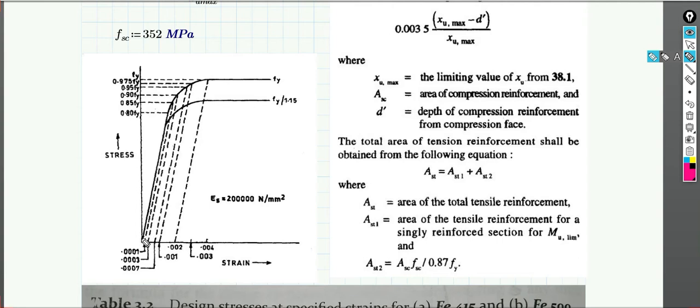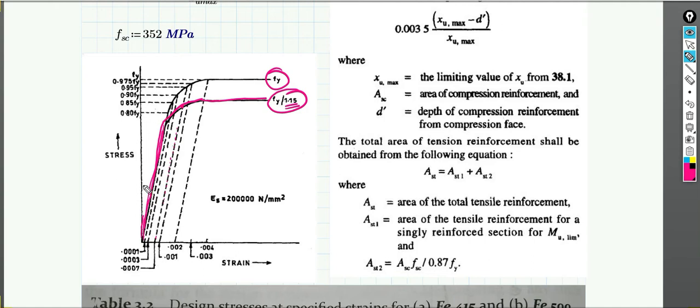This is the linear portion, and then it bends and becomes the yield state. This is actually the design curve, because Fy by 1.15, this is the partial safety factor, right? This is the actual curve. This is the design curve, and if you draw any line parallel to the linear portion of the stress strain graph, then you can find out at different locations what the different stresses are. So these are the strain portions.